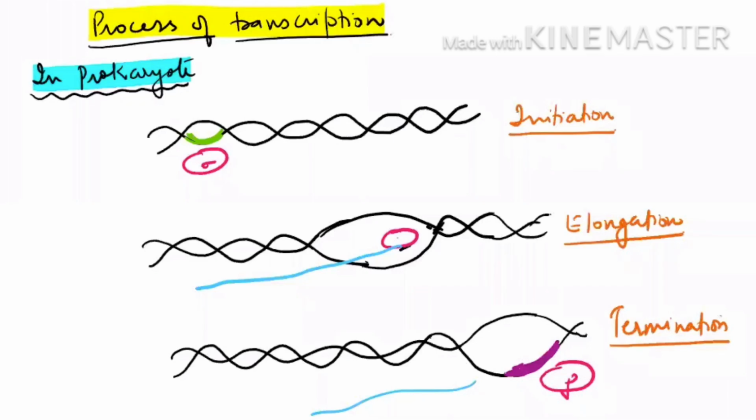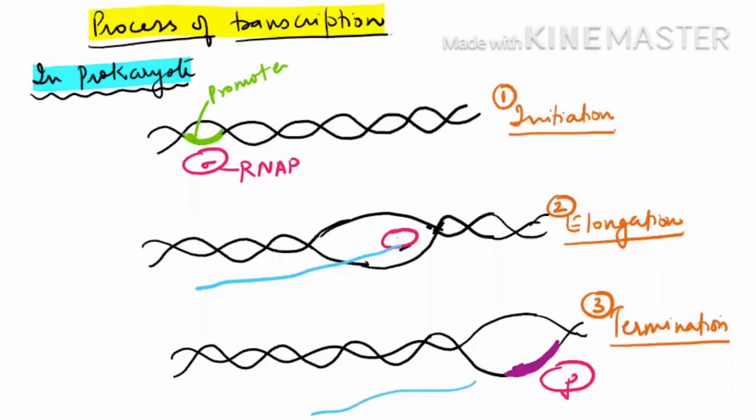Now next is your process of transcription. See, in case of prokaryote, there are three steps. First step is your initiation, second is your elongation, and third is your termination. So first of all, you have to remember, see here the diagram carefully. This is the promoter site, okay? So here the promoter site is identified by the sigma factor, which we have already discussed in the previous videos. This is your RNA polymerase, an enzyme. With the help of sigma factor, it is identifying the promoter and it will attach here. After this attachment, it will start moving further and doing the transcription.